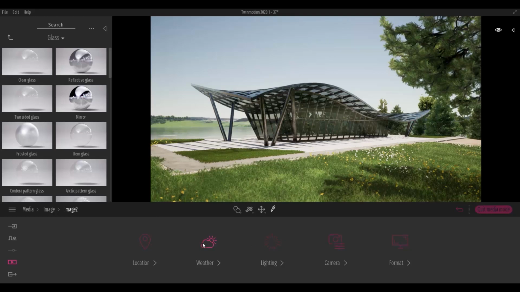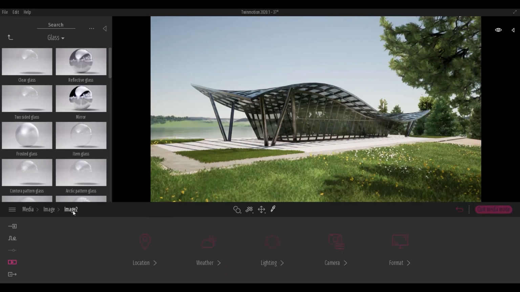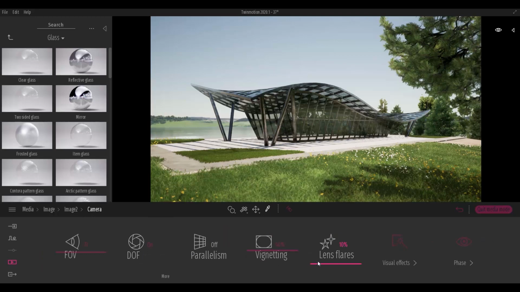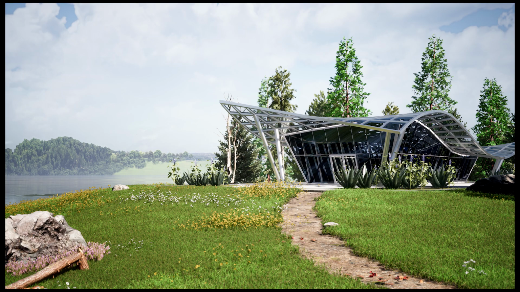It is good to check every setting for each render angle. I changed the values and saw whether it was good or bad. These depend on your likes. There is no fixed setup for them. Set them up as you like. If you have a good computer, you can change these settings and increase these values. Refinement and max lighting. This is the second render with post-production.